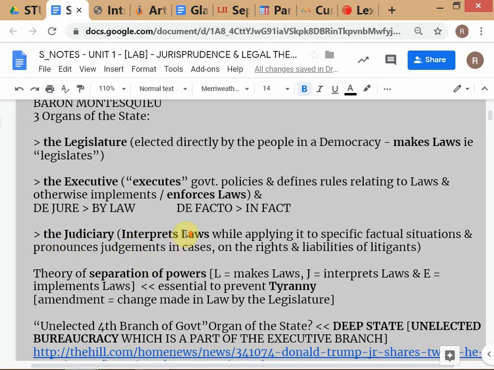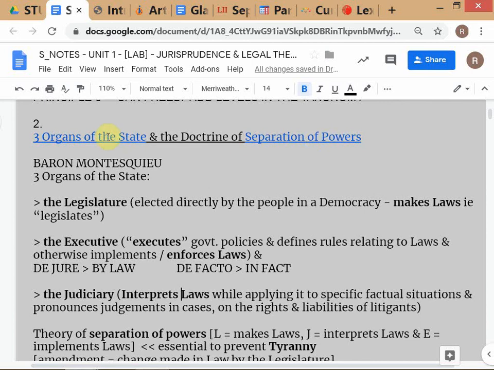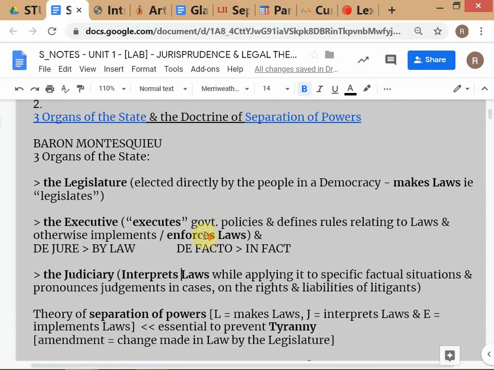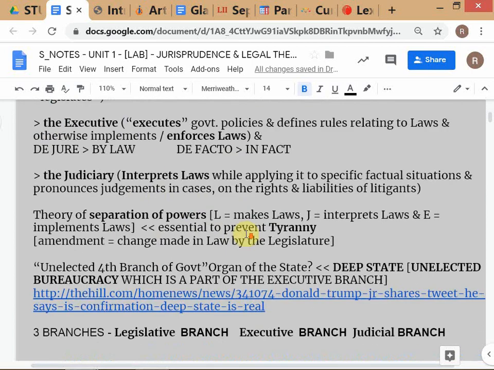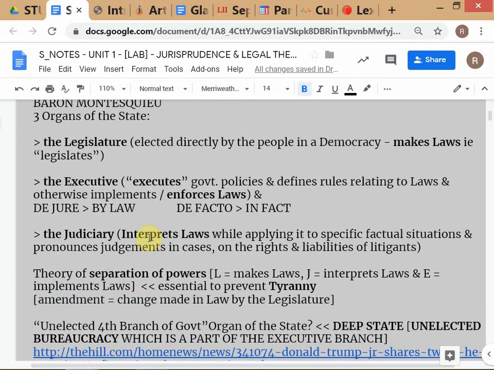So the point you're learning in this particular submodule is the concept of separation of powers and the three organs of the state, these three branches. Why did Montesquieu suggest this kind of government, which you now find in most countries, like the Western style liberal democracy model? So that there should not be the misuse of power, the abuse of power.